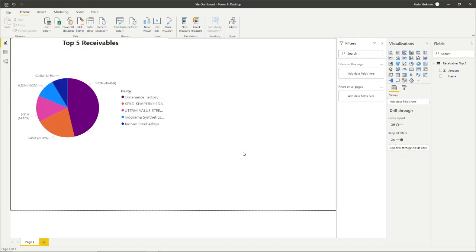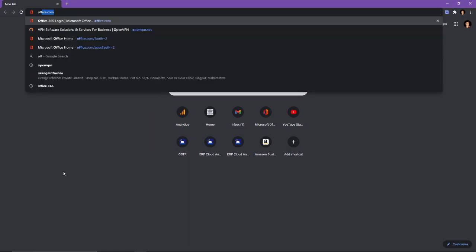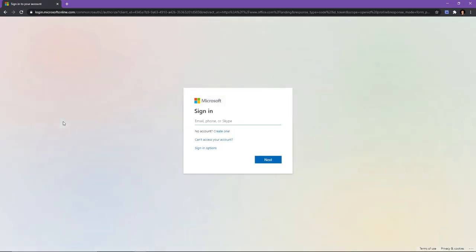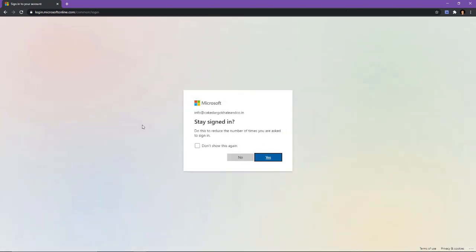Now let us access this. So I will go to the Chrome browser and go to the website office.com and I will click sign in. Let me enter my business email ID. Basically, I'm on the Business Basic plan of Microsoft, which has this Power BI report publishing.